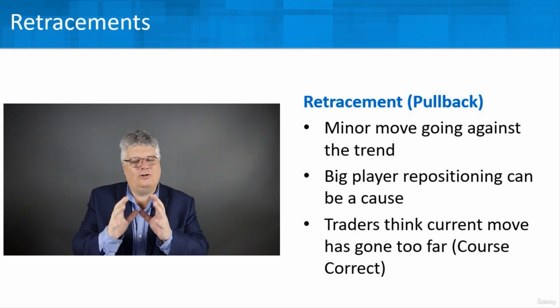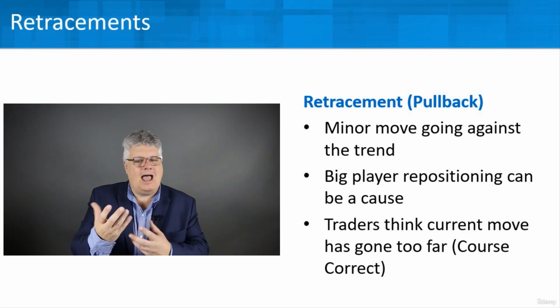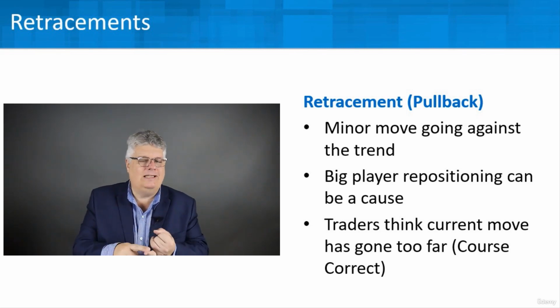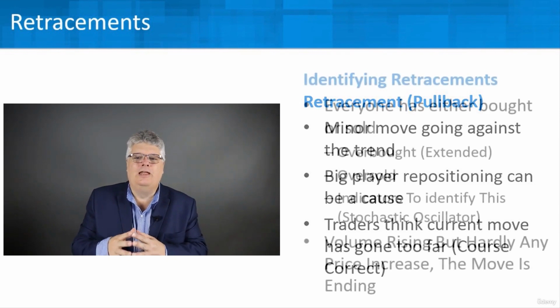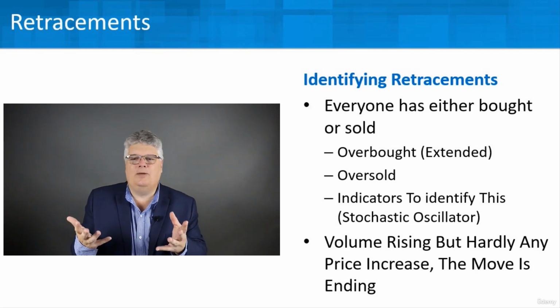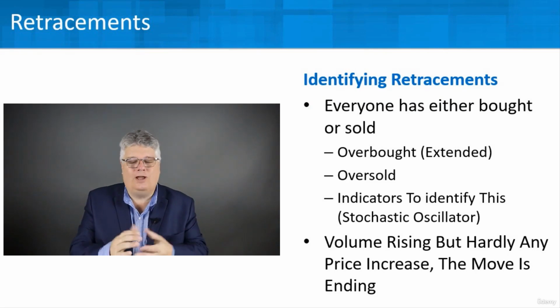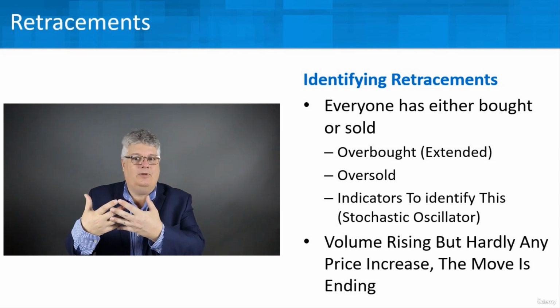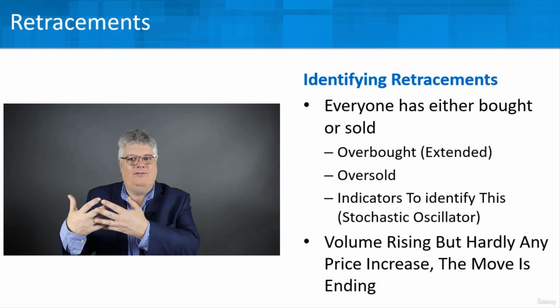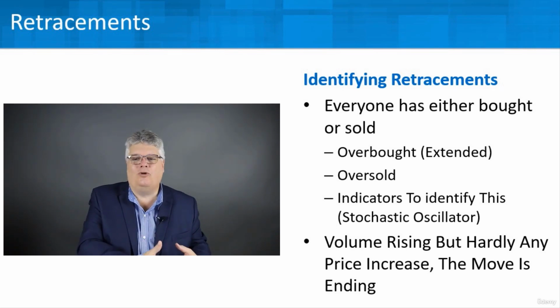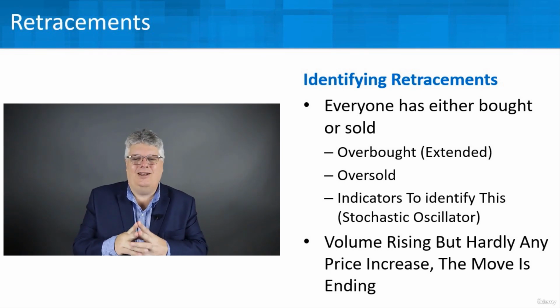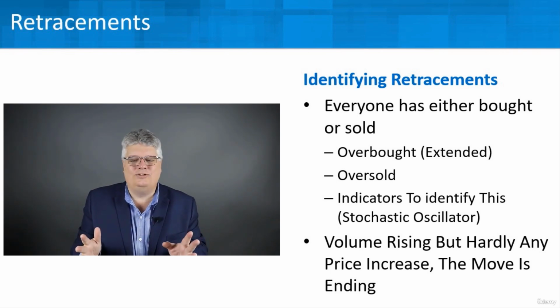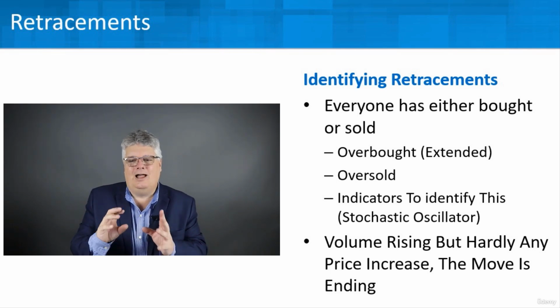As we learn through the indicators, we're going to learn how to spot breakouts and retracements and use confirming things to see whether we're seeing a breakout or a retracement. Is it a true move, or a temporary false move? Sometimes you might see retracements where everyone has either bought or sold. There's an overbought situation where everybody who wanted to buy has already bought, so it's extended and has a natural come back. Same thing if something's oversold. We have tools that can help, such as the stochastic oscillator, which is a fun thing to say, and there are other tools we're going to be learning about too.